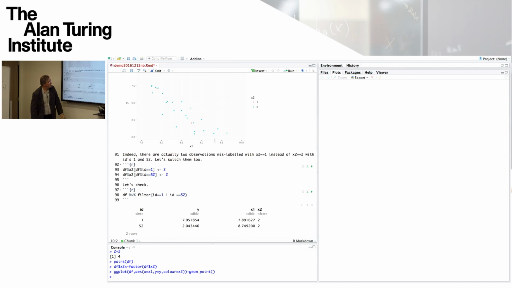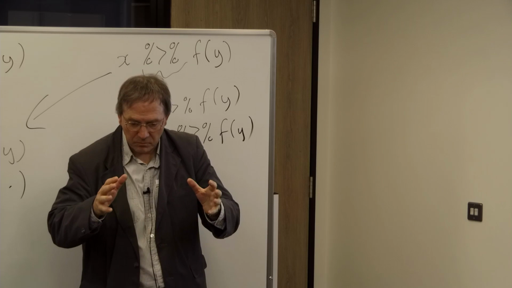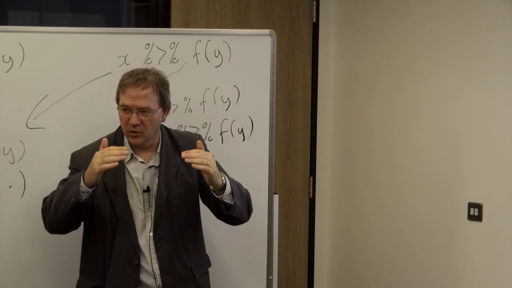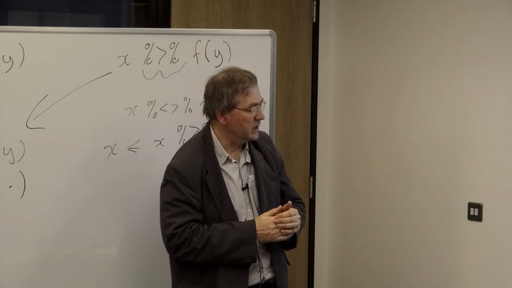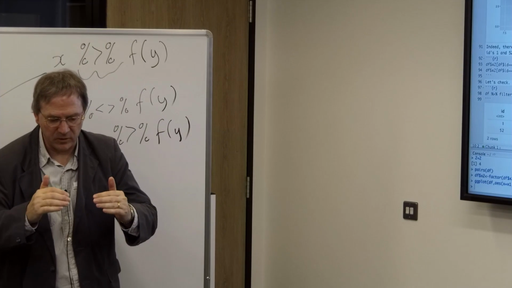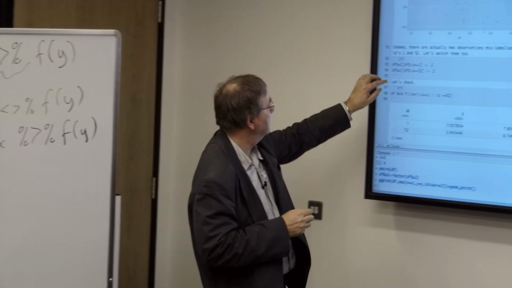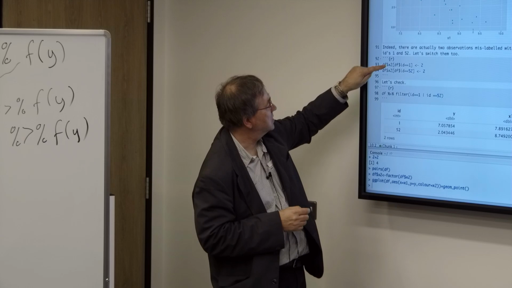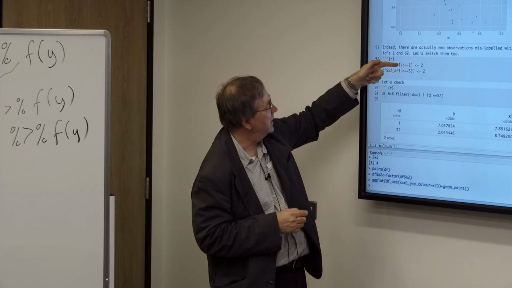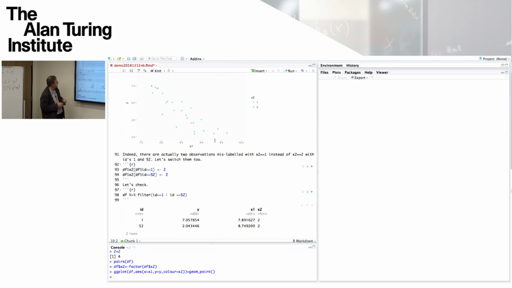So maybe the moral there is that you don't necessarily just want to have tools to visualize the data, you want tools to manipulate the numerical values so that you can decide correctly whether there are two points or simply just 1 point. Okay, so let me switch them over. So I'll set the x2 value to 2 where the ID is 1 and where the ID is 52. And if we check that, then indeed we have swapped them over. We've got them to be 2.